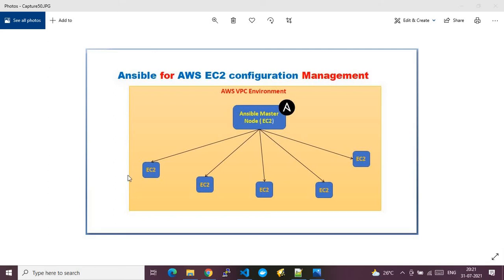Hi, in this video, I will show you how we can use the Ansible configuration management tool to manage AWS EC2 configurations. As you see in this picture, it represents the actual demo which I'm going to show you in this video. It's a complete AWS VPC environment where I will be hosting an example EC2 instance,